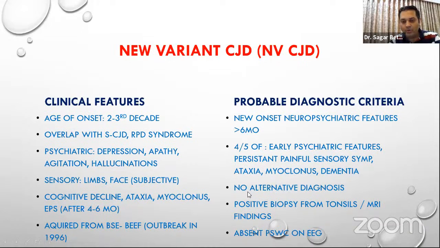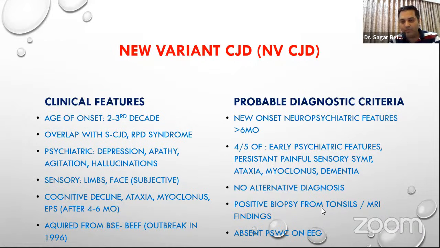Very importantly, no alternative diagnosis, which I'll discuss after a few slides. How do we look for the alternative diagnosis, which are more important actually than to diagnose CJD because they are more treatable. A positive biopsy from tonsils. This is, I think, a very important thing, which is not possible in a sporadic CJD, but somehow the variant